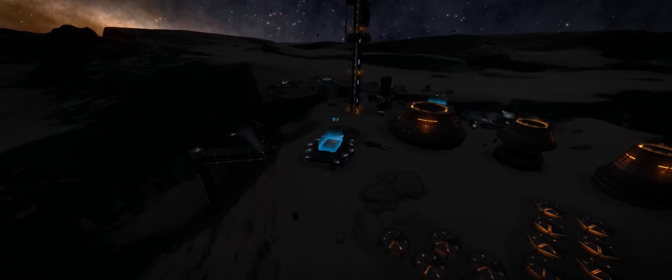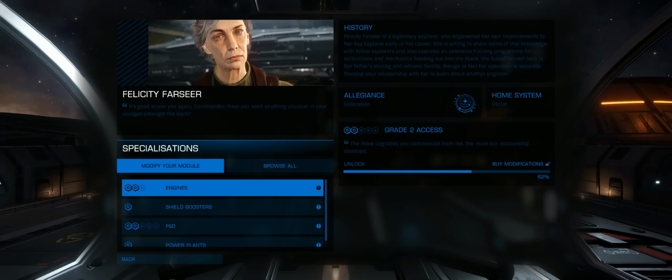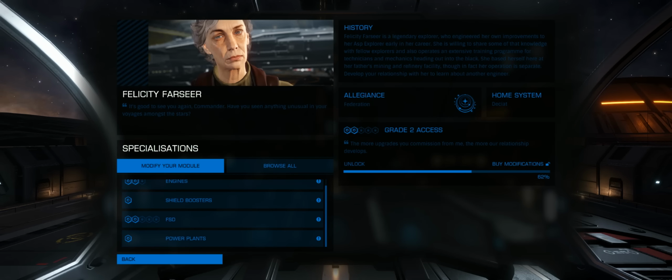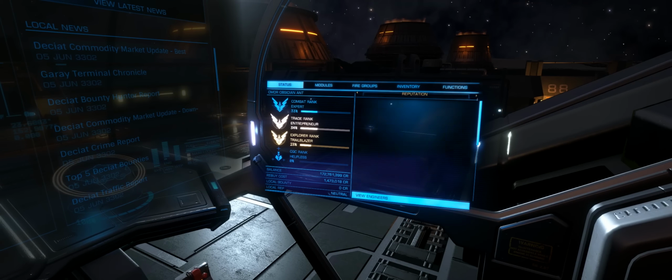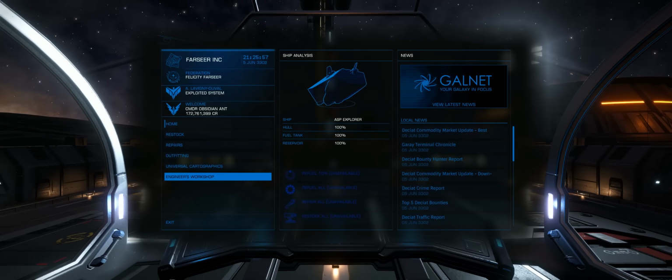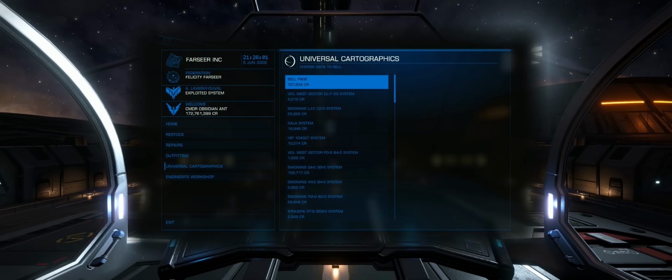After quite a few hours of exploration then, I finally got back to Felicity here at Farseer. Right then, you can see I've got grade 2 unlocked there at 62%, and I was hoping that the discovery data I'd gathered would get me to unlock grade 4. Now, I knew it would get me nowhere near grade 5, but I was hoping at the very least to